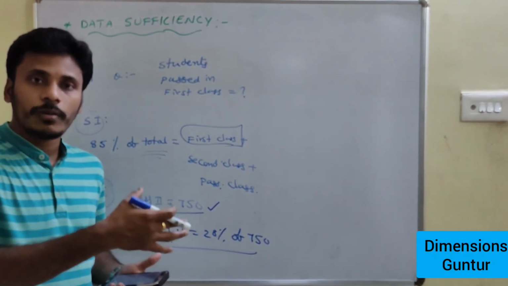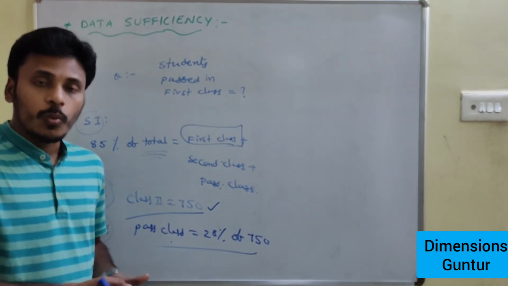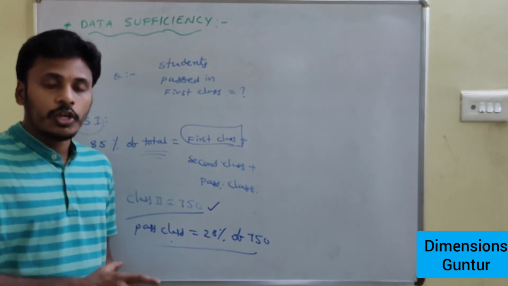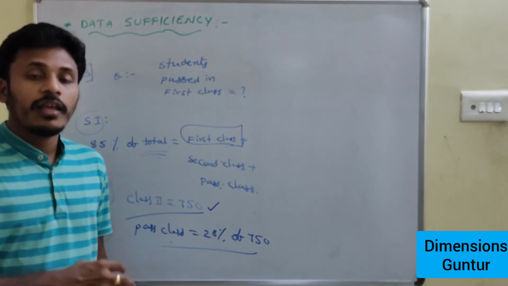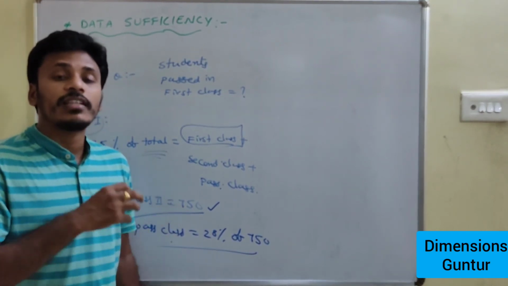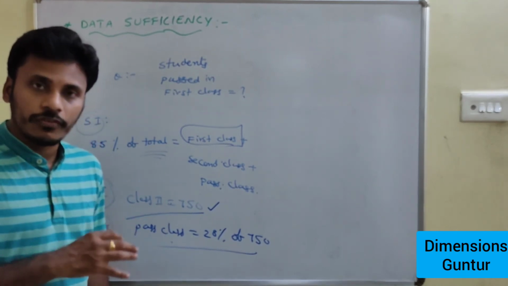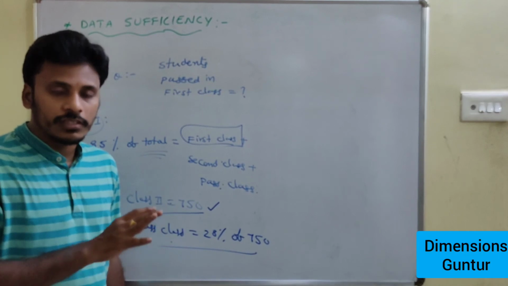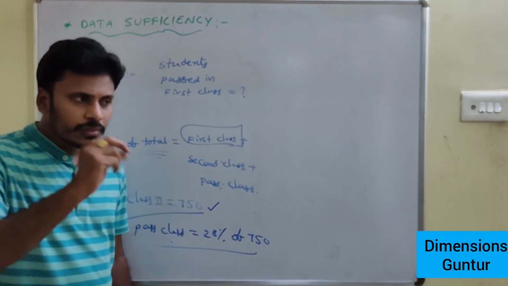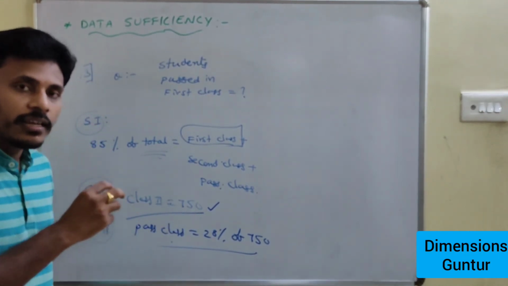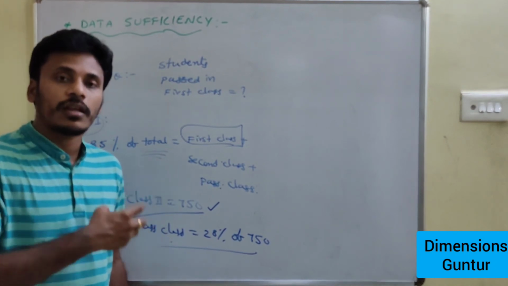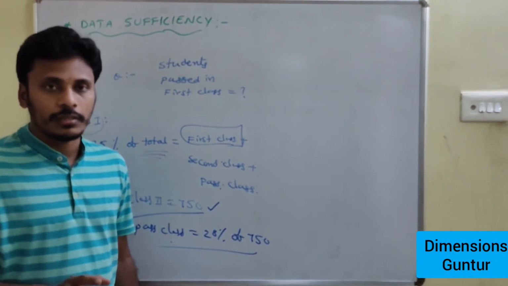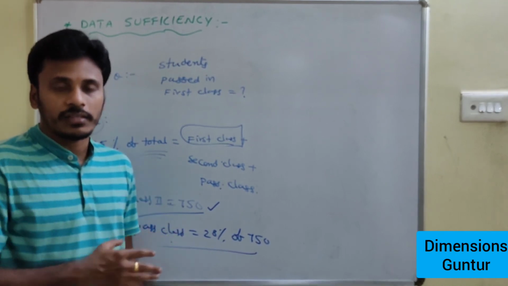These are the questions from data sufficiency. Once again, sufficiency means there is no need to find the answer or go for the calculation. We need to check whether the given statements are sufficient or not sufficient to answer the given question. That's enough. You need to check with logic. Theoretically we need to check whether the given question can be answered. No need to do the complete calculation here. And this is part 1 of data sufficiency.